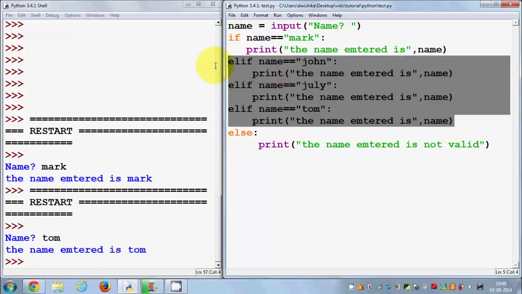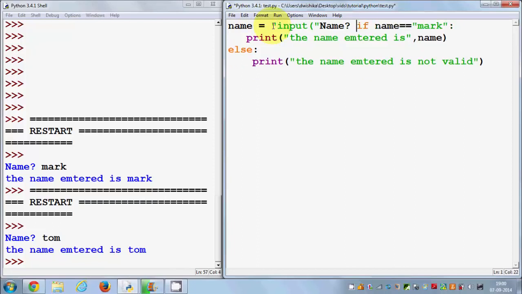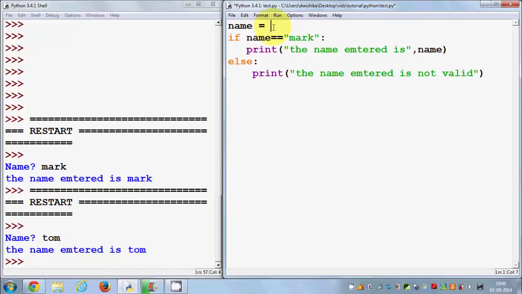Now for example, I want to have multiple if conditions inside my if condition. So it's called a nested if condition. I tell the user to enter any name, and if this name is, let's say name, we assign this value, this name, to, for example, we have this name is equal to animal,